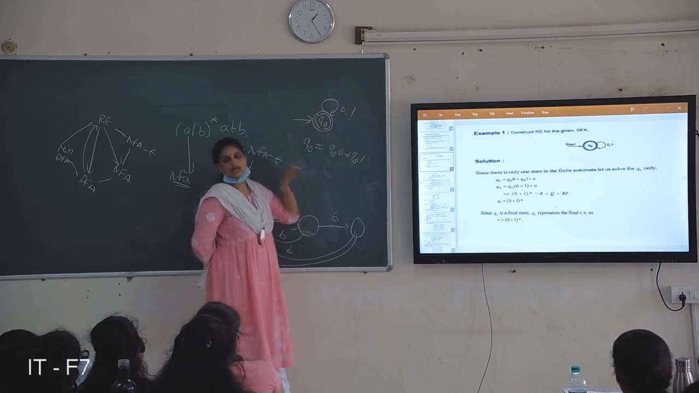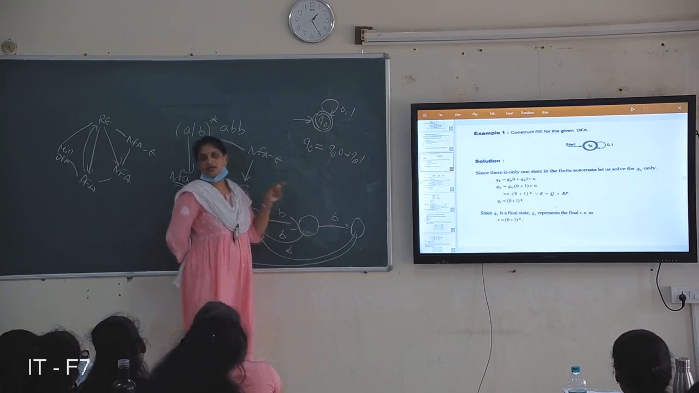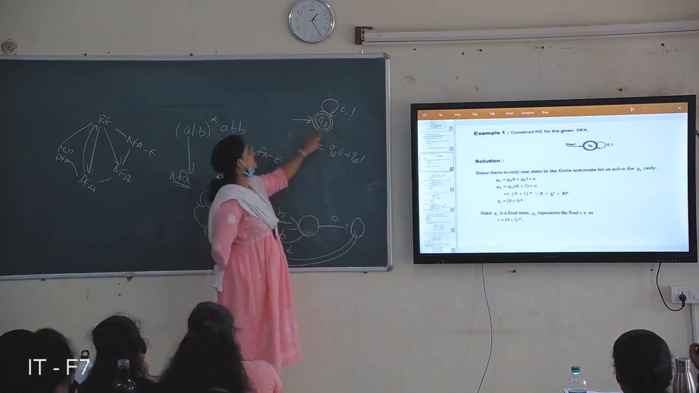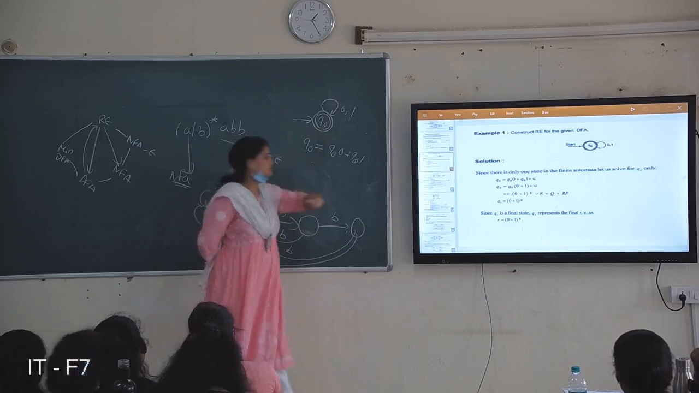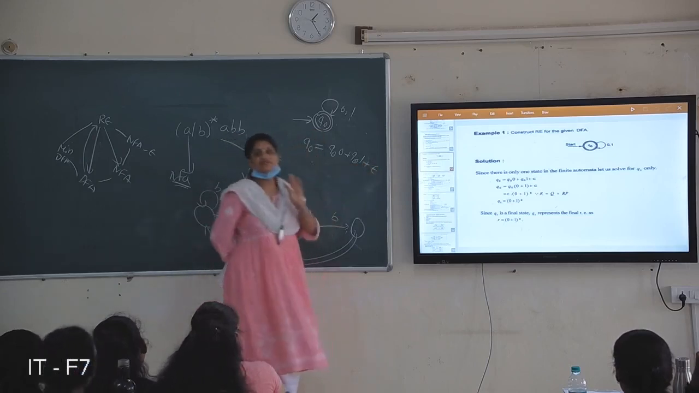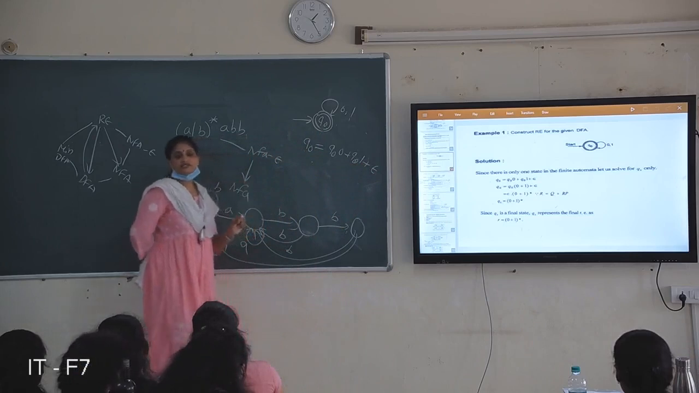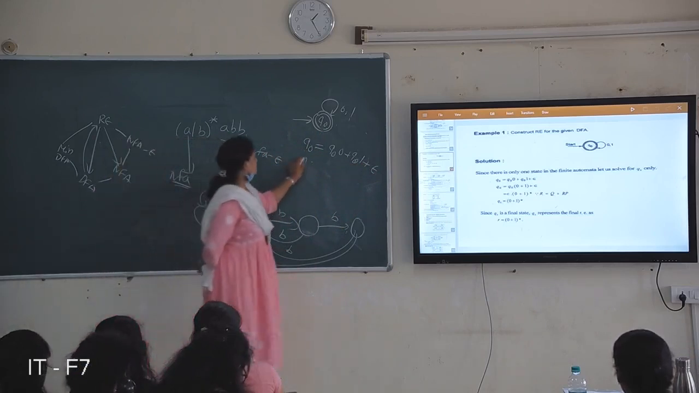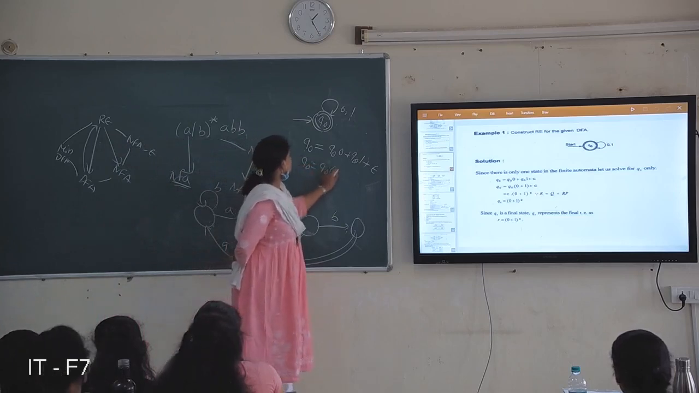It is coming from Q naught only, on 0, on 1. And it is a starting state. For the starting state you must include null, means epsilon. Only for the starting state you must include null. Okay, and this is the equation: Q naught equal to Q naught into,